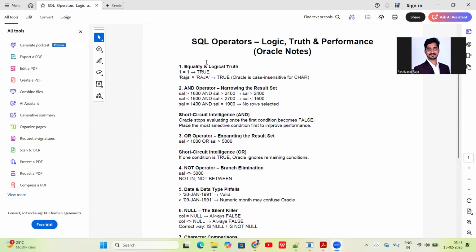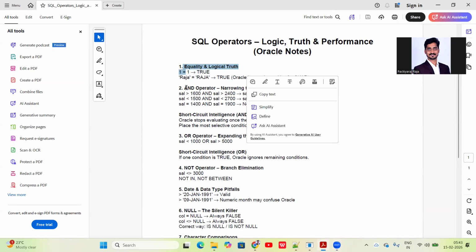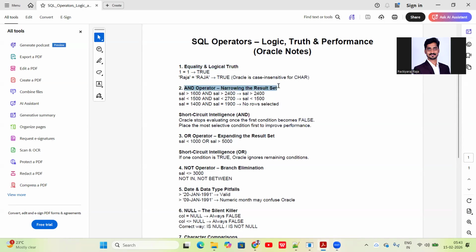Hello followers. Today we are going to see SQL operators and the logical truth about performance, and when we can use exactly the correct operators to increase performance. First we will check the equality operator and then the AND operator, and the scenarios where it will use short